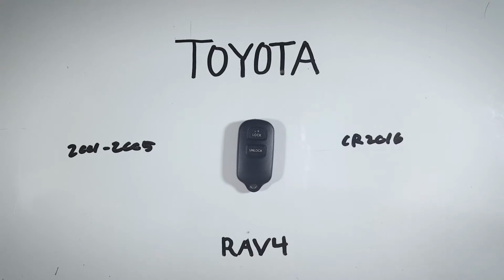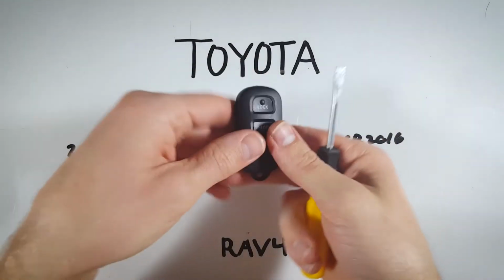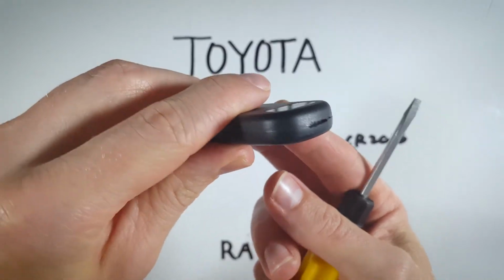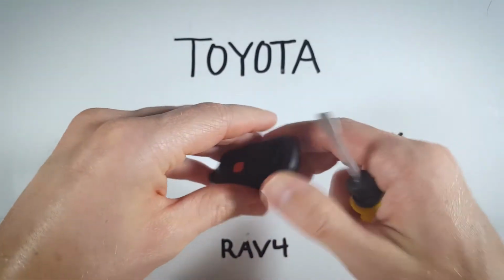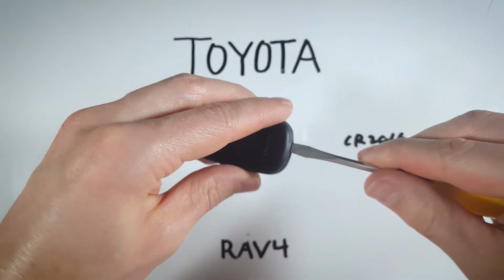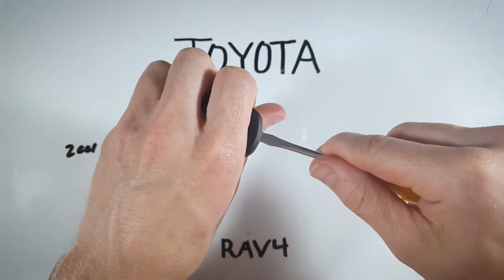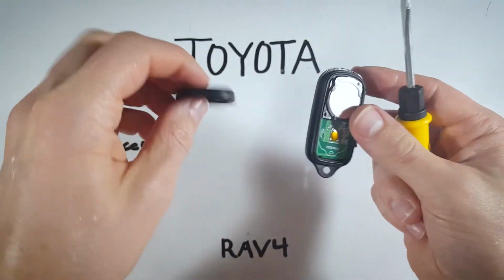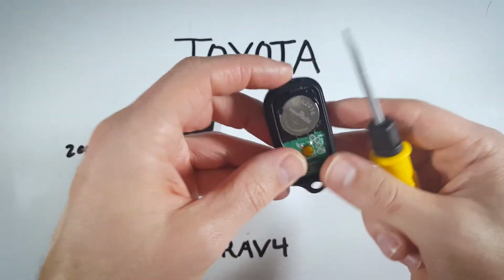And once you have everything you need, let's just get right into it. The first step is to look up at the top of the device. There is a little indentation there, kind of a little slot in the plastic. We're going to use our flathead screwdriver, insert it into that area, and give the screwdriver a twist. You will feel the device crack open, and now you can just set this down to the side and remove